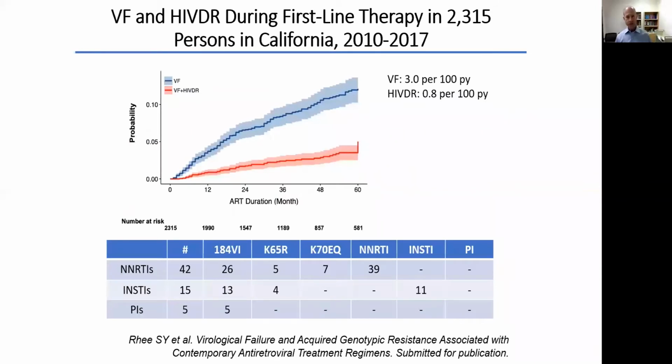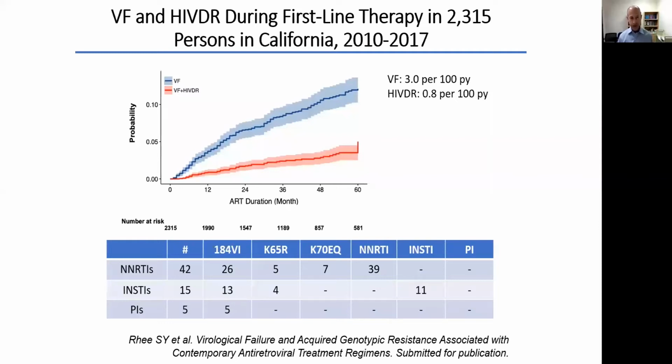This is some data from an upper-income country. This is from California, and it's data that we've submitted for publication and which I expect will be published quite soon. It shows data from about 2,300 persons receiving first-line therapy between 2010 and 2017. And during this 8-year period, 95% of persons received 1 of 6 companion antiretrovirals, including the NNRTIs efavirenz and rilpivirine,